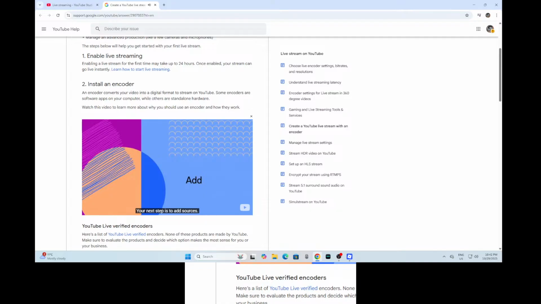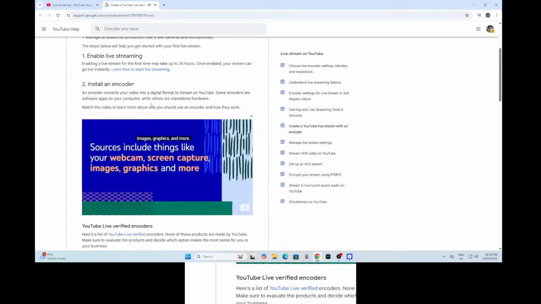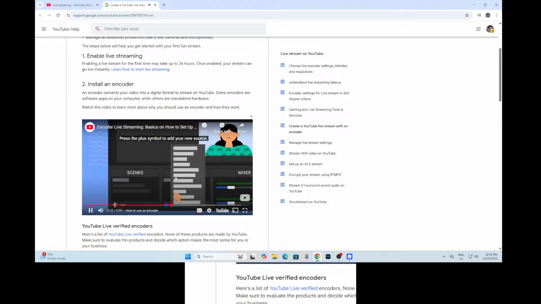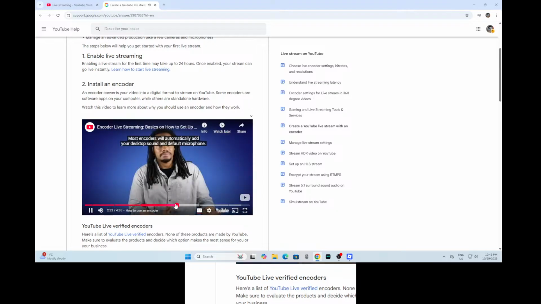This could be things like your webcam, your screen capture like the video game you're streaming, images, graphics, and more. Press the plus symbol to add your new source. Once added, it will automatically add your desktop sound and default microphone. If you're using a capture card, you may want to add everything out. Testing will help you make sure that the audio